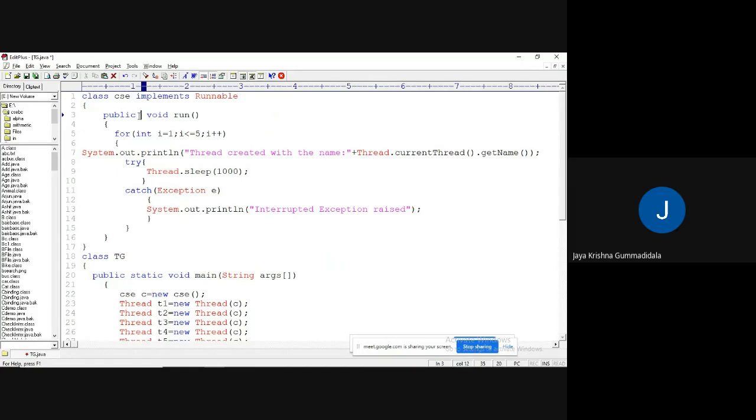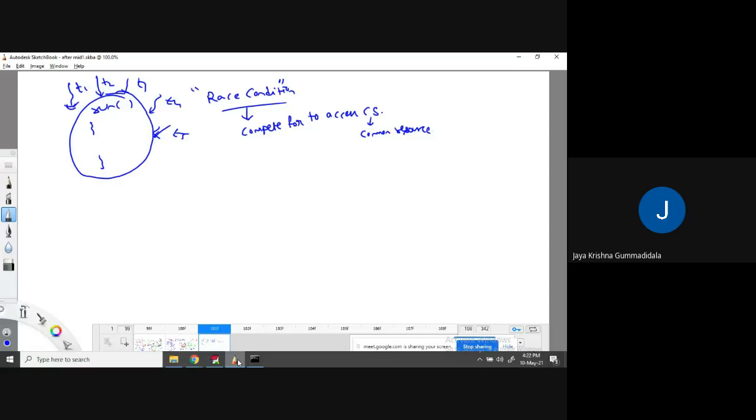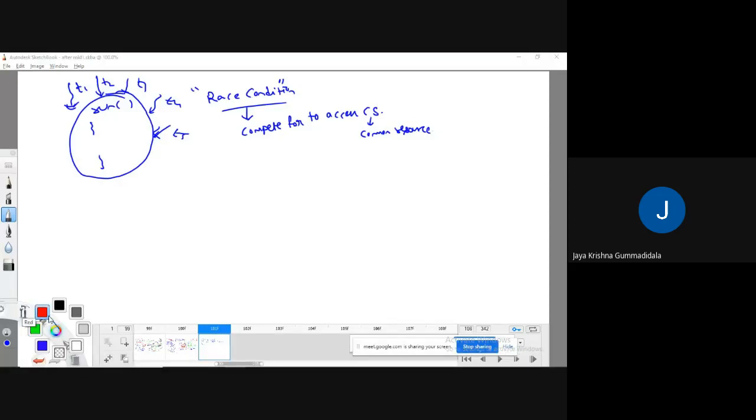Then what can I use? Simply, I can go for the synchronized keyword. Am I right or not? If I use the synchronized keyword, what will happen? Here, there is a point. Before accessing, every thread needs to get a lock of this object. If they get the lock, then only they will access this object.